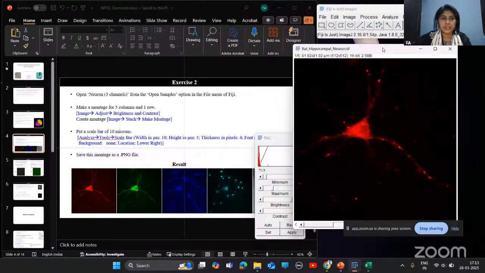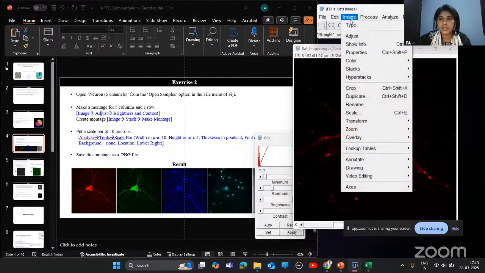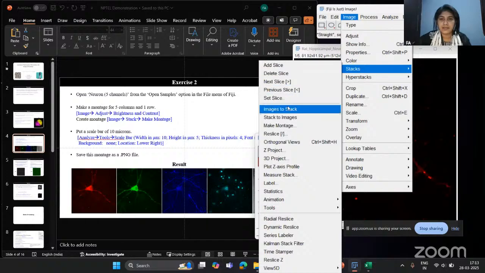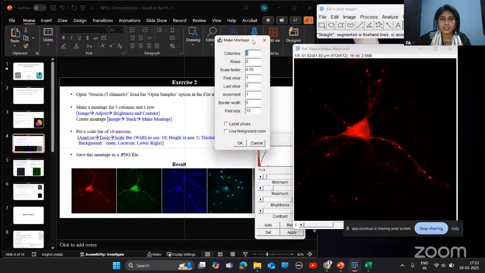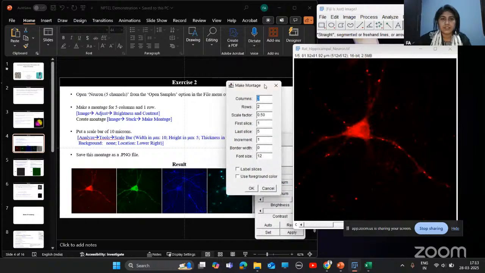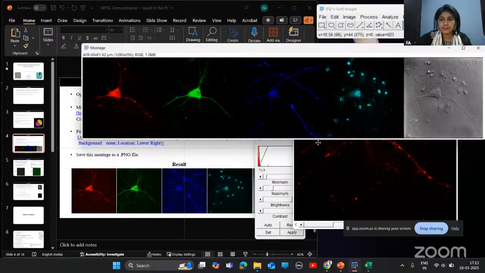To create a montage, we need to go to Image, Stacks, and Make Montage. Here we have to create this montage for 5 columns, so we give 5 columns and 1 row. Then we click OK.